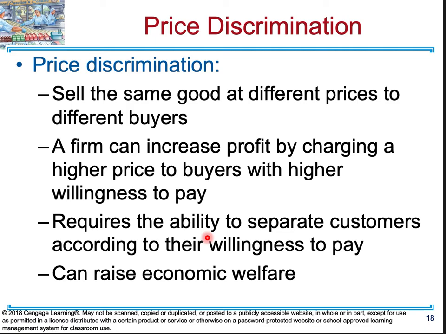Another example would be your favorite restaurant. They have lunch specials and then they have dinner prices or a dinner menu. Is there a difference between those two? There always is going to be, because at lunch they're trying to get more people to come in. Again, they're discriminating. Basically, they're charging a higher price to individuals that come for dinner, even though it's the same product that they sell for lunch.